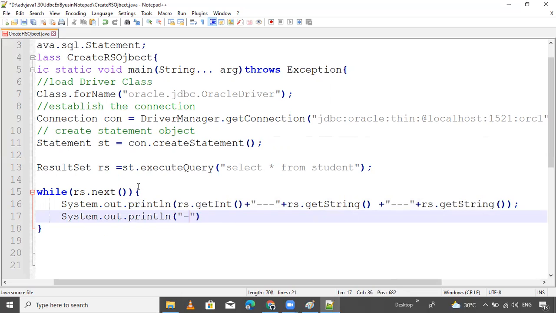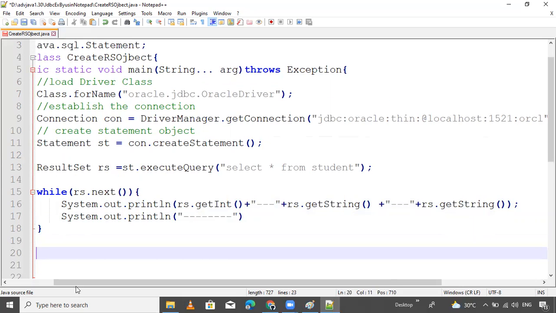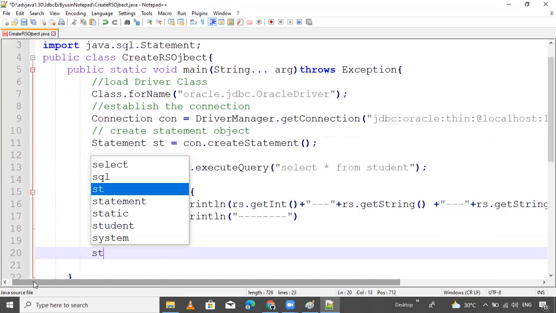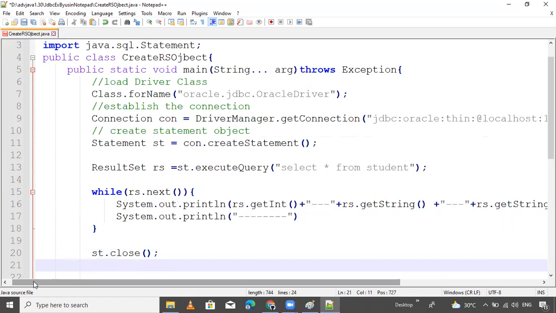Now I want to close. First the statement object, st dot close method call here, and con dot close.